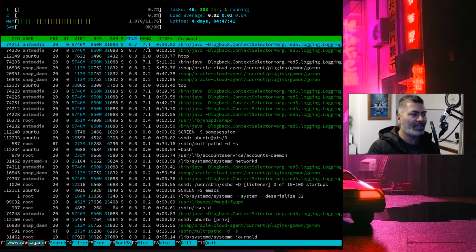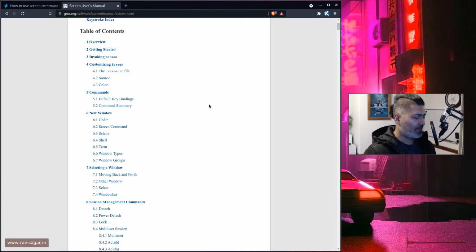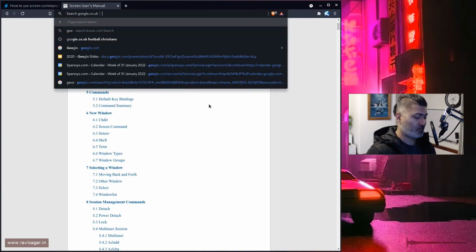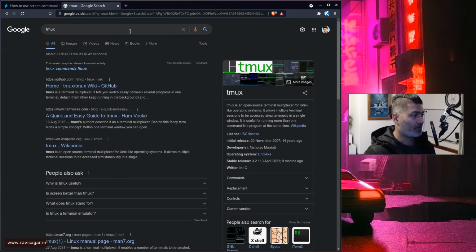And by the way, Screen, people say that Screen is a bit old. There is something called tmux, which you can use. And honestly, I think tmux is probably better because it is new. I guess it is a new utility, but Screen has always been there, and for my needs, for my use cases, Screen command is something that I'm quite happy with. I'm not really a heavy user of these things, but of course, whenever I have to log into the server and I have to do something,